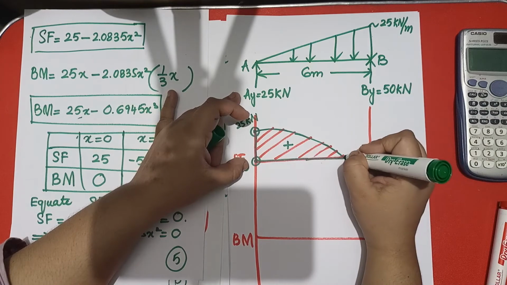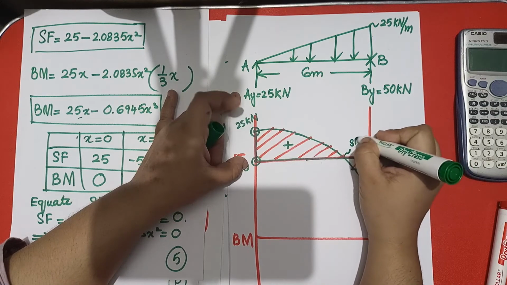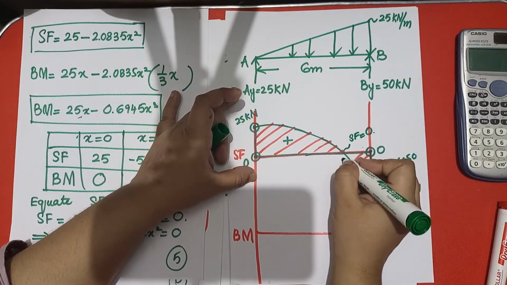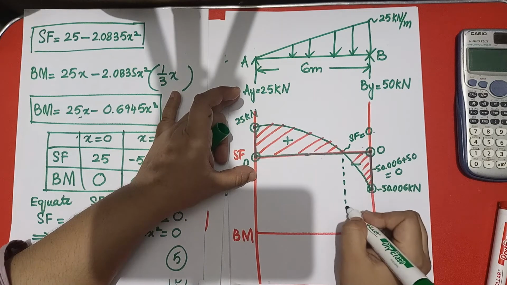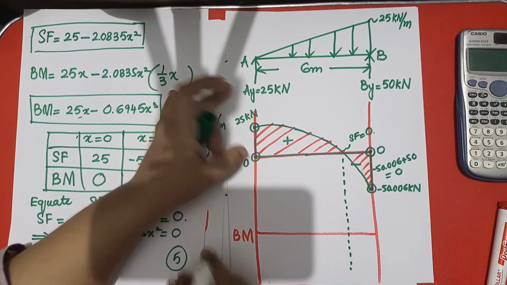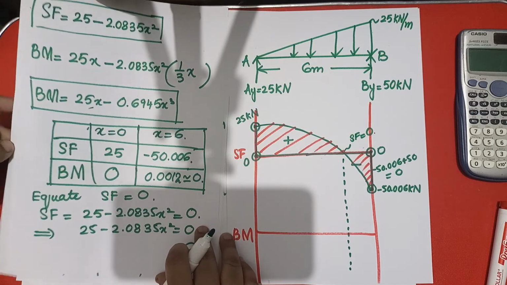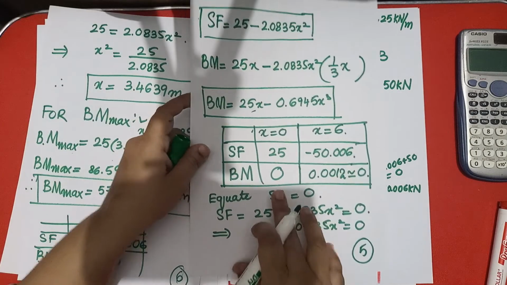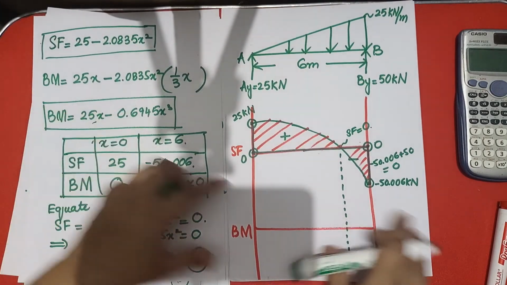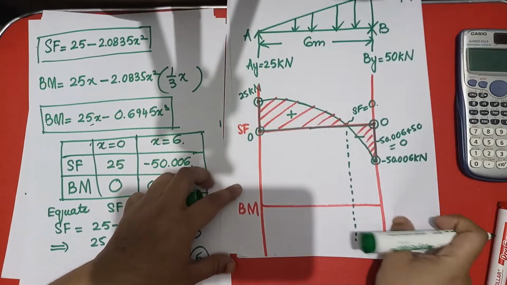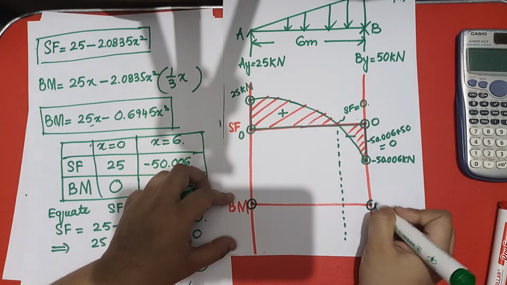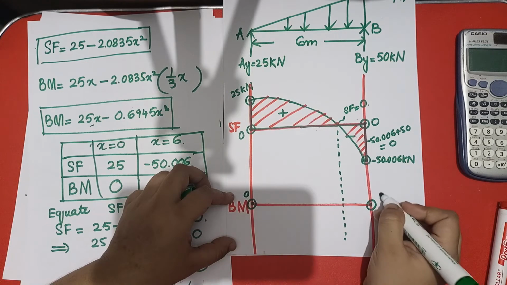Here one thing you can say, the shear force is 0, and wherever the shear force is 0, you will get the maximum bending moment. Let me draw the line over here. Obviously, I will get the maximum bending moment over here. You have already seen that the initial and final points come 0 for the bending moment. So let me draw the bending moment diagram. Let me circle this and this. It starts from 0 and ends at 0.